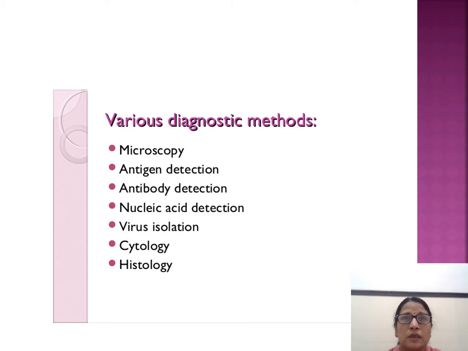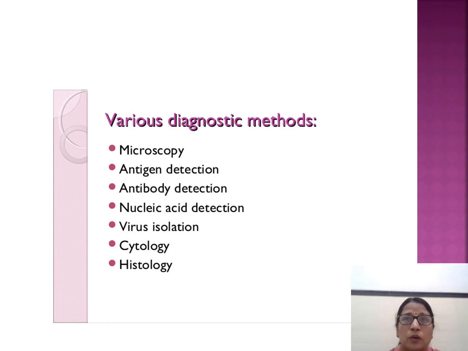Then cytology is the procedure which is used in the pathology department in order to diagnose viral disease. For example, in CSF, we look at which type of cells are increased, whether lymphocytes or neutrophils. If neutrophils, polymorphonuclear cells, are increased, this favors acute or bacterial infection. Whereas lymphocytes are increased in various fungal infections and tubercular infections, and in viral infections also, monocytes, mononuclear cells and lymphocytes are increased.